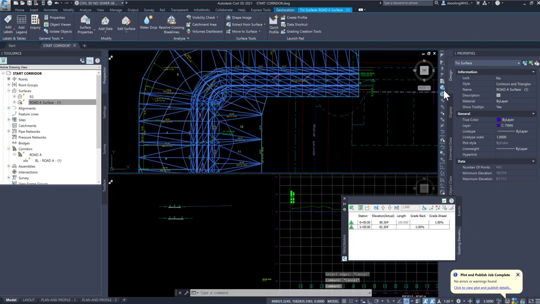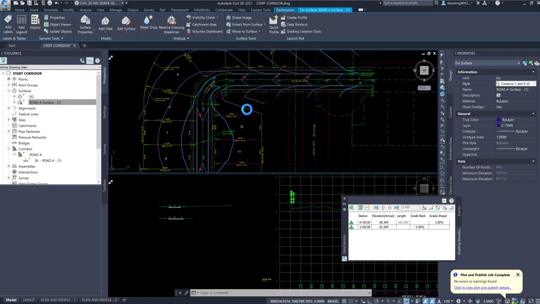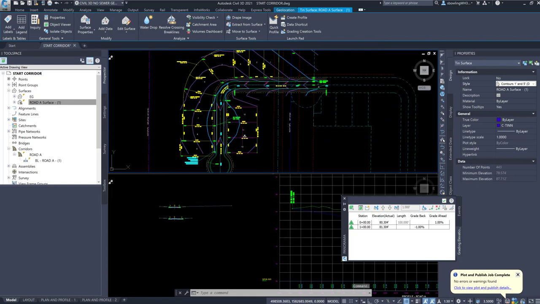I'm going to change this back to, I don't know why I can't pull this down. So I'm going to edit surface, which is nice because Civil 3D always gives you multiple ways. I change it to 1 and 5 in design, apply, and OK. All right. Now,